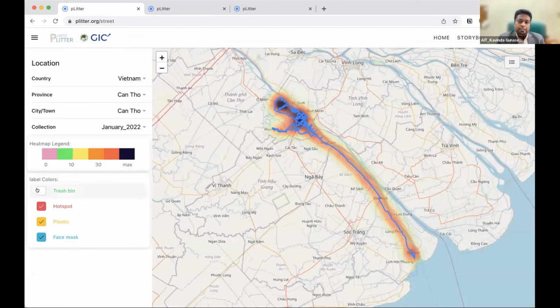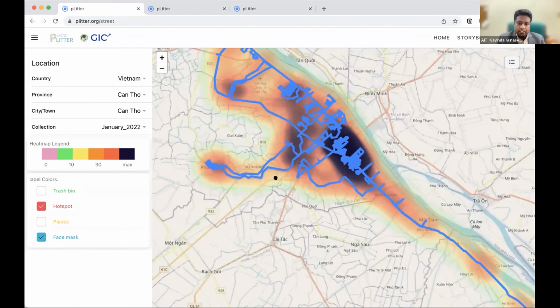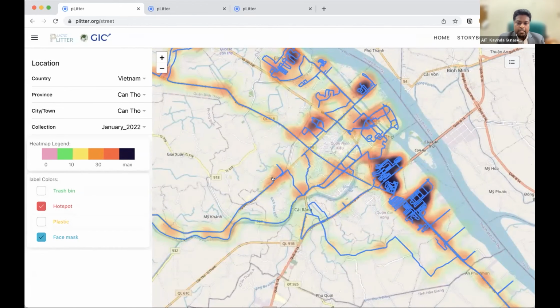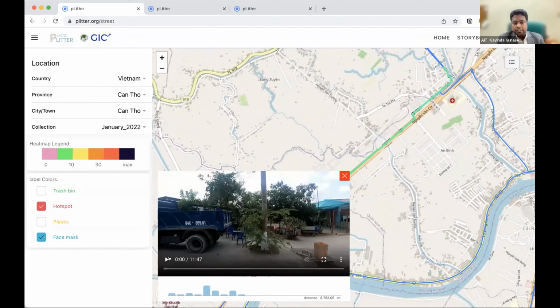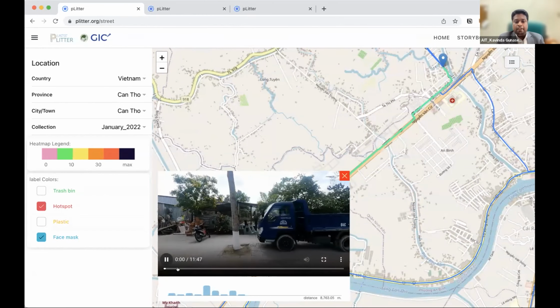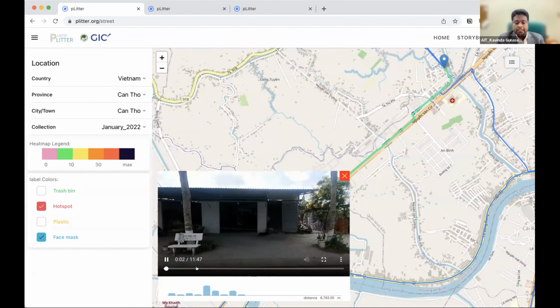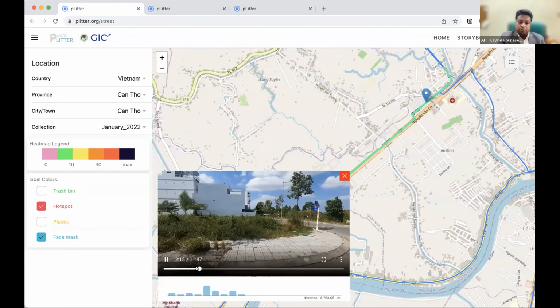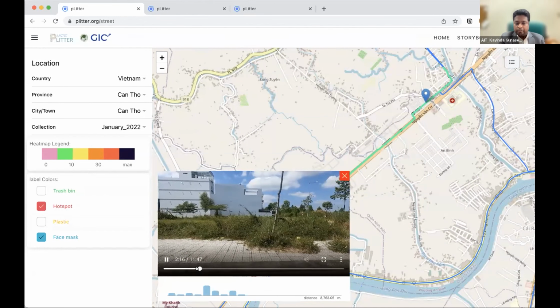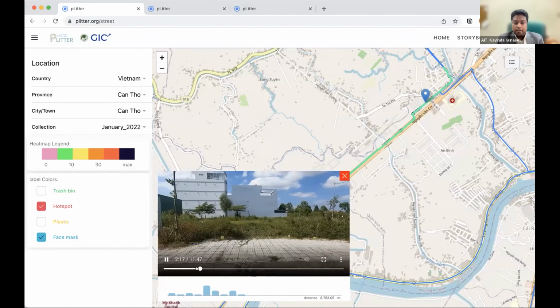You can see that we have these four types of items in these cities. If you click on this particular street, you can start to see our videos and the areas where litter is observed. You can see in the histogram below that the items are more present in this area.